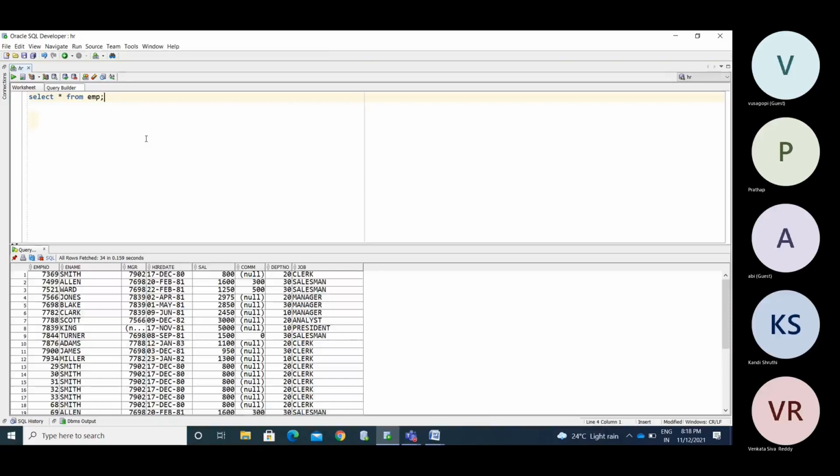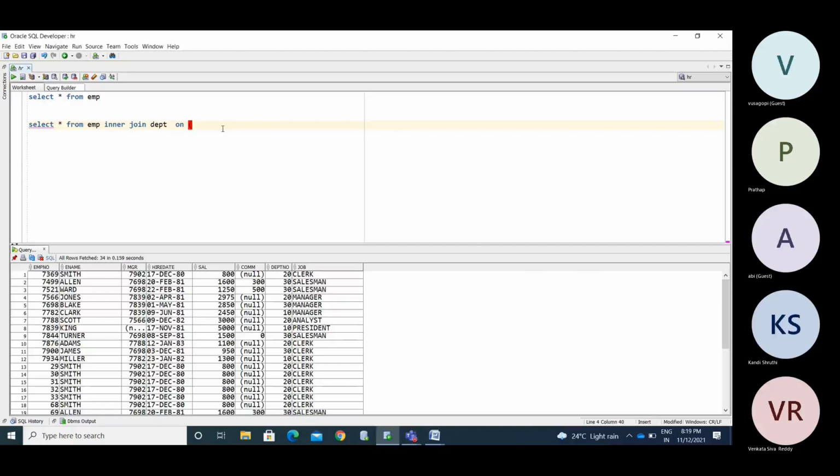Now you are retrieving the data from 2 tables. SELECT * FROM EMP INNER JOIN DPT.